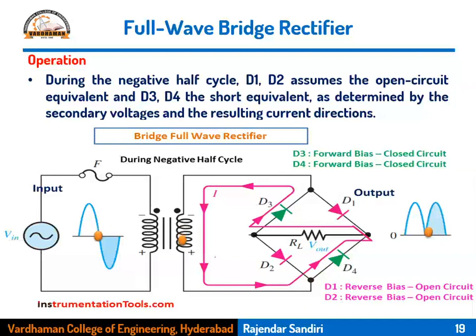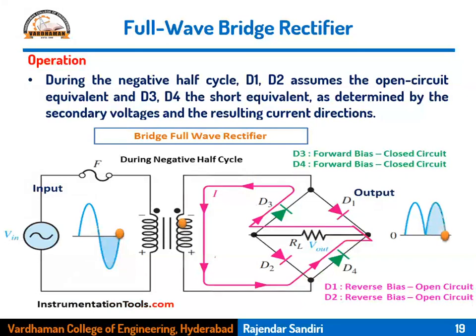So for the other half cycle also we get the output, so for both half cycles of the input we get the output conducted. The entire full cycle of the input is conducted to the output in this fashion. At a time, how many diodes are conducting? Only two diodes. For the positive half cycle, D1, D2 conduct. For the negative half cycle, D3, D4 conduct. In both cases the current flows in the load resistor RL all the time, from 0 to pi as well as from pi to 2 pi. Therefore, you get the output as a full wave rectified signal.